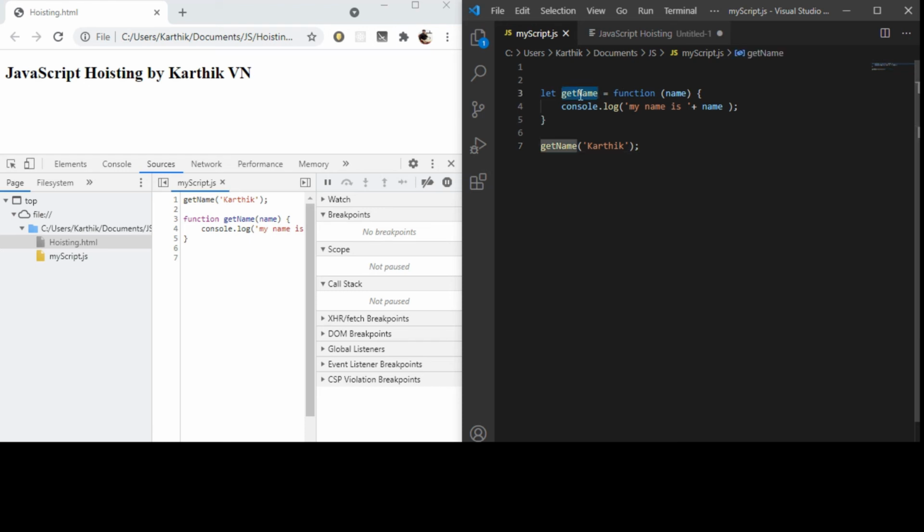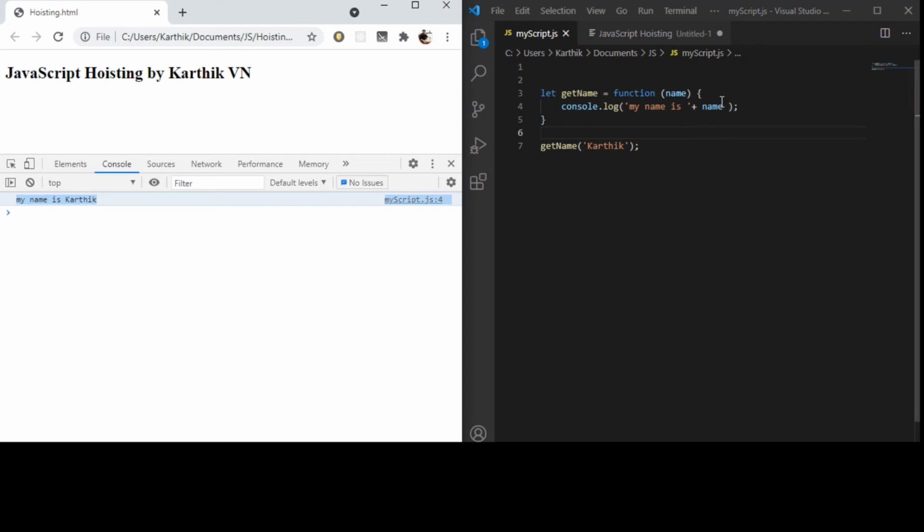We are creating the function expression, the same function. We pass the name as a parameter, and it prints the name in console log. I save this file and render it. You can see that it's working properly, because we are accessing it after the expression declaration has happened.